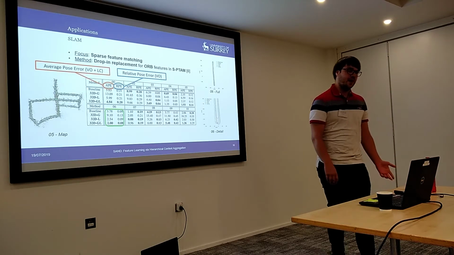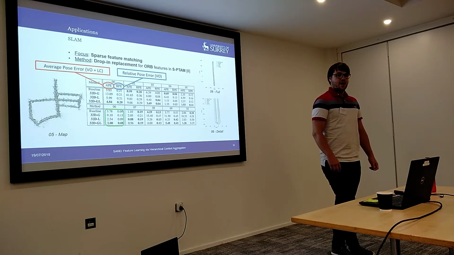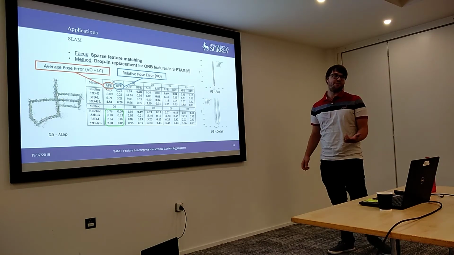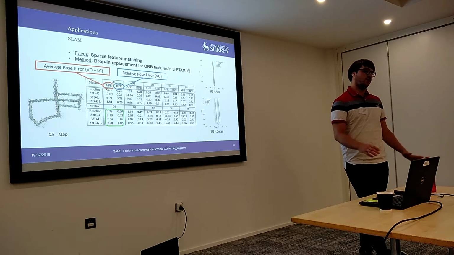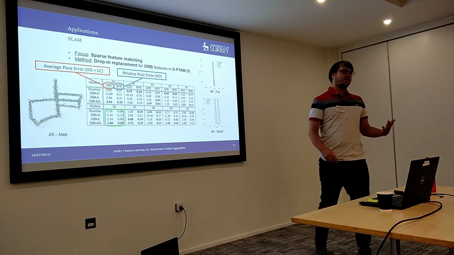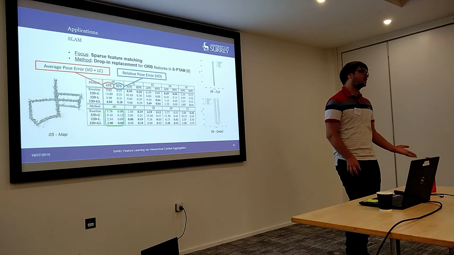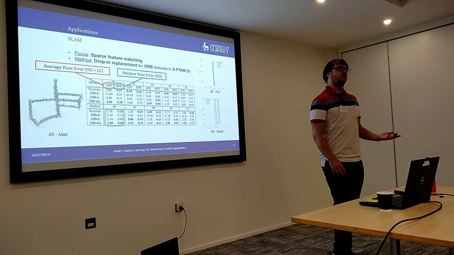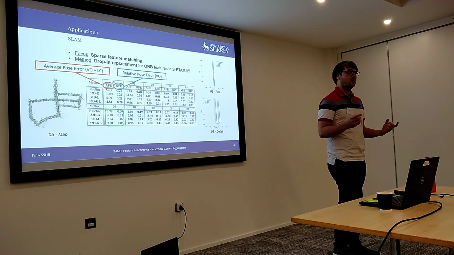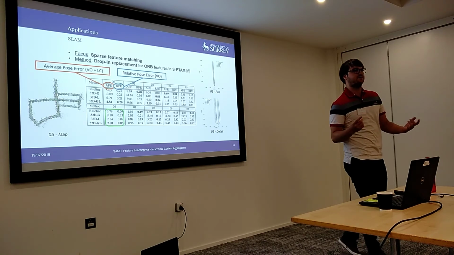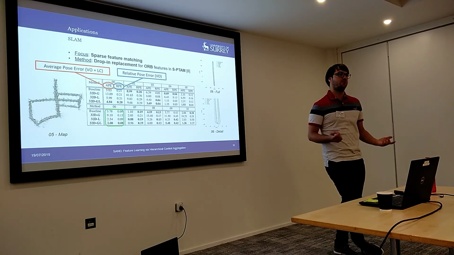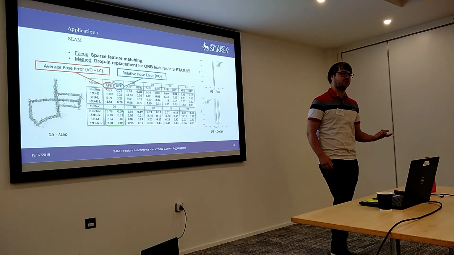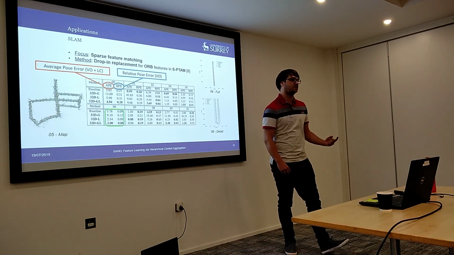And then finally, perhaps the more interesting task is SLAM. And in this case, the features serve as a direct drop-in replacement for ORB features. No additional training, no further processing. You can use the same keypoint detector, nearest neighbor matcher, and you just get that increased performance. And SLAM is interesting because you need local features that you can match from frame to frame, but you also need features that are global enough to detect that revisitation and perform loop closure. Funnily enough, what we find is that if you use only the local variants of the features, you can get better visual odometry performance, but your loop closure